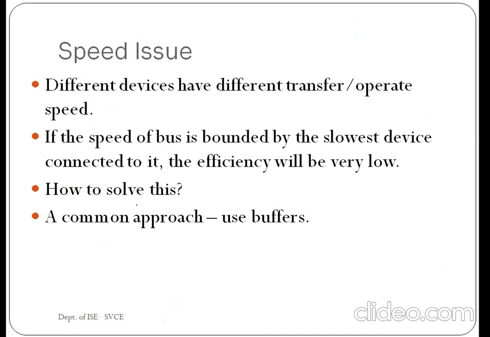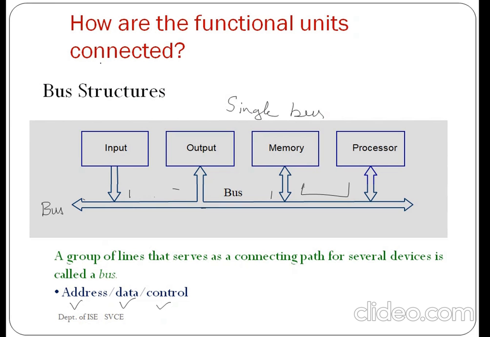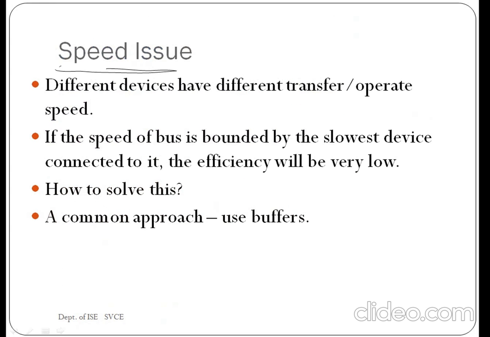So whenever we start discussing the IO devices, there is always a trade-off with respect to speed. Each of these devices works at a different speed. The processor is capable of processing data at a faster rate, but that is not the case with an input device. Most of the time, an input device works at a speed based on the user, how fast the user is going to give the input, and the speed of the memory may vary compared to the speed of the processor. So all these devices which are connected to the bus have different speeds.